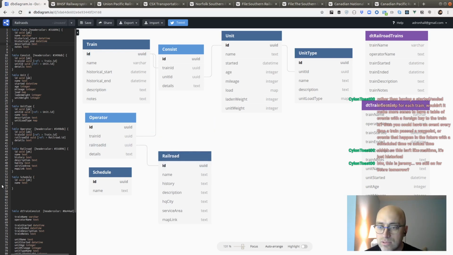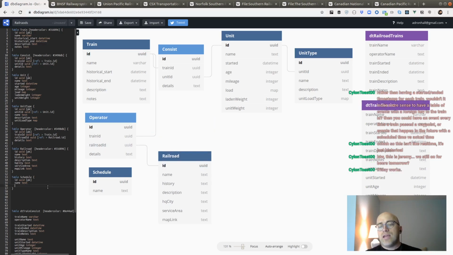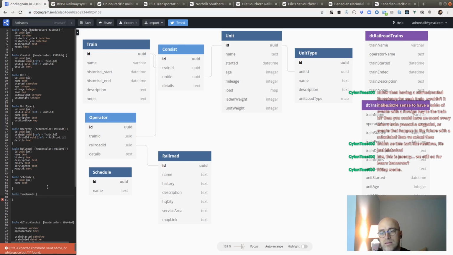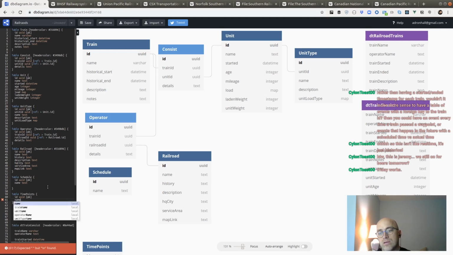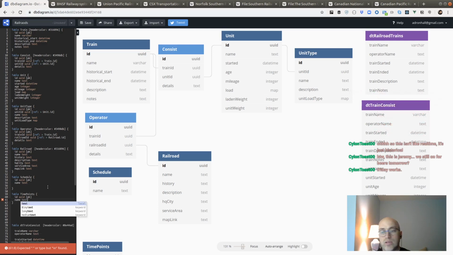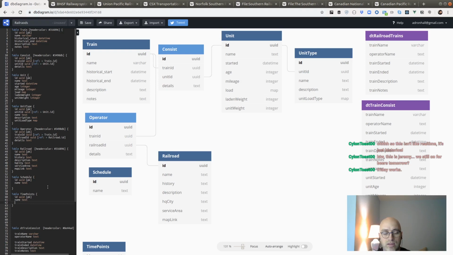So schedule. Schedule needs a name, and then it needs, what's your table? Time points, I think. And then we'll set up a time point, because a time point can be like a city, it can be a point on the track, all sorts of stuff. Type, let's go to text. And description, just in case that's available.